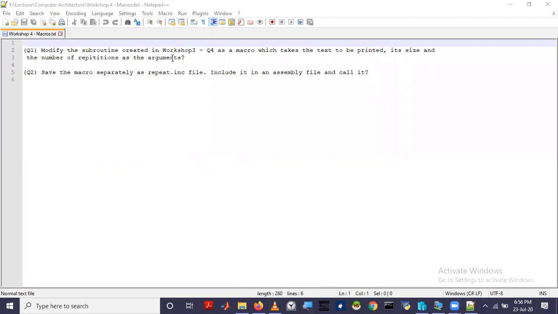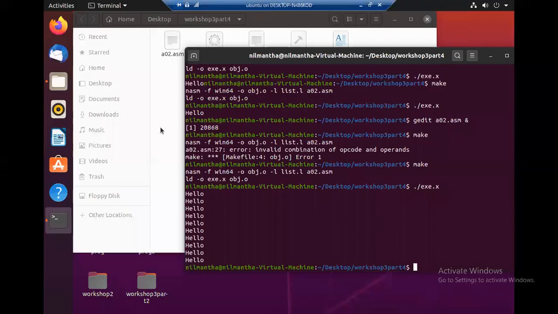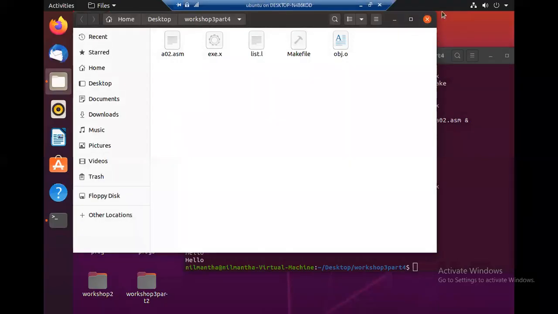So just like a high level programming language function, macros can be implemented. So that is the concept of macros. That is kind of an extension of subroutine which can pass arguments. So we'll see how we can extend the previous example to be done using a macro.